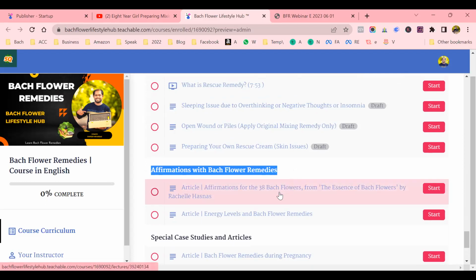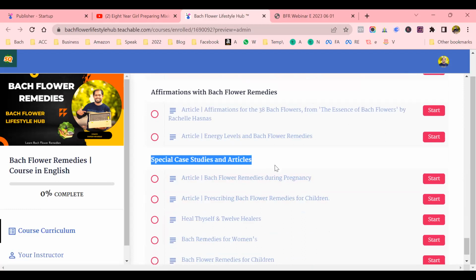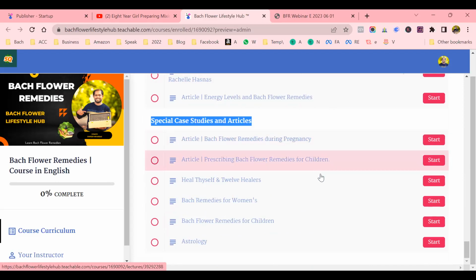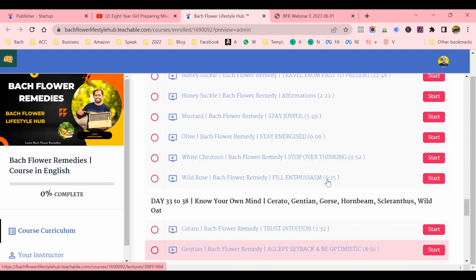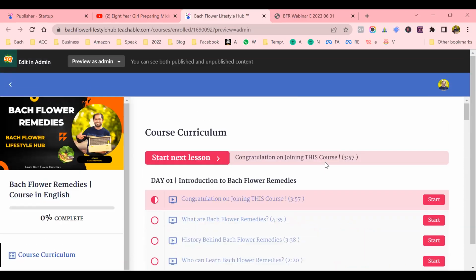Along with that, we have kept a couple of affirmation activities which you can additionally take an interest in. If you are into mindfulness, or Reiki or any of the modalities, you can take benefit of it. We have also put together special case studies and articles so that you can leverage additional learning with these Bach remedies. These activities are put together so that you can integrate this system with your own practice. That's the objective.